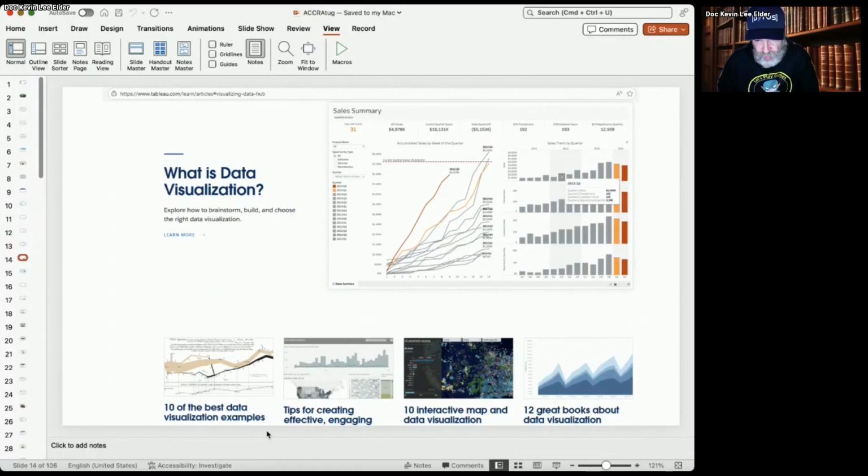So here's one of the articles that I start my students out. What is data visualization? Why are we doing it? What is the power of it? What can it do? The idea is that when I visualize this data, I can quickly see, wait a minute, what is this line out here? Why is that one so different than all the other ones? Why is it standing out?